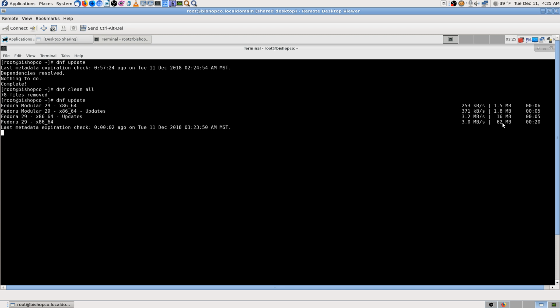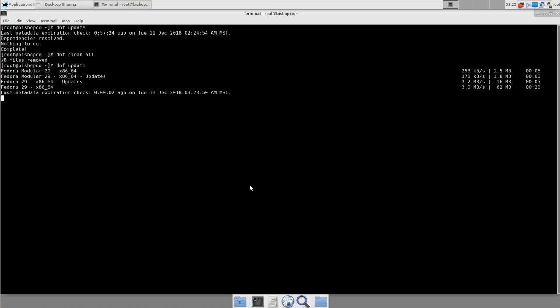Well, that was 62 megabytes. Oh, that might have been the one it was working on. Last metadata check. That might have been the one it was working on, checking the metadata. So let's hang on and see. Yeah, that one is 62 megabytes. So. Okay, nothing to do. All right, so